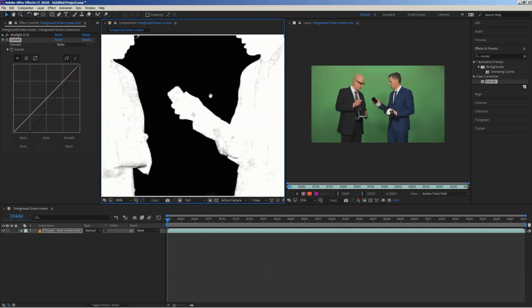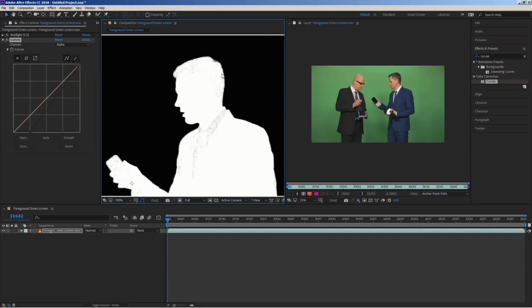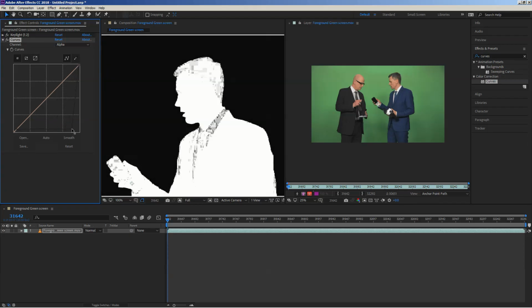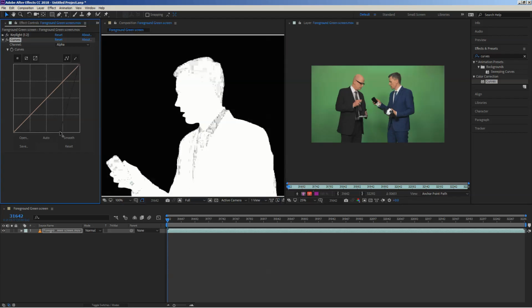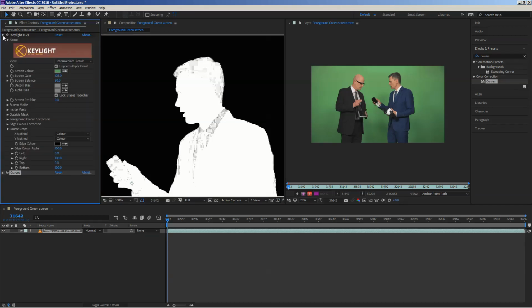And sometimes you need some transparency around the hair. When you start increasing this too much, you can see some gray here. If I start increasing this, you may be able to see that level of detail, but I'm removing some of his hair. That is the nasty impact of, let's go back,